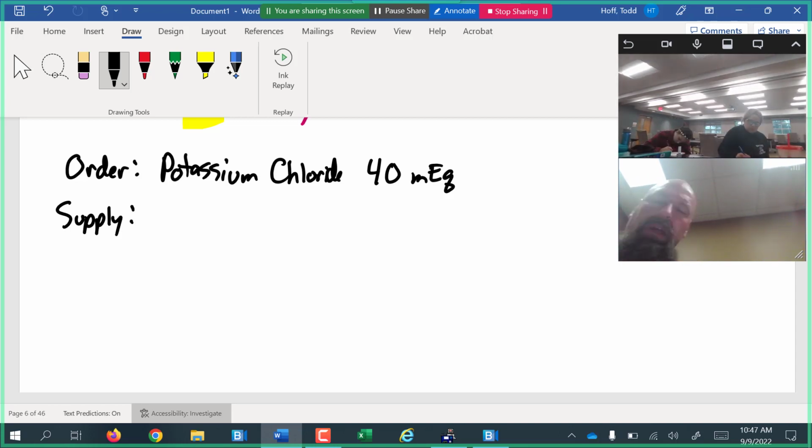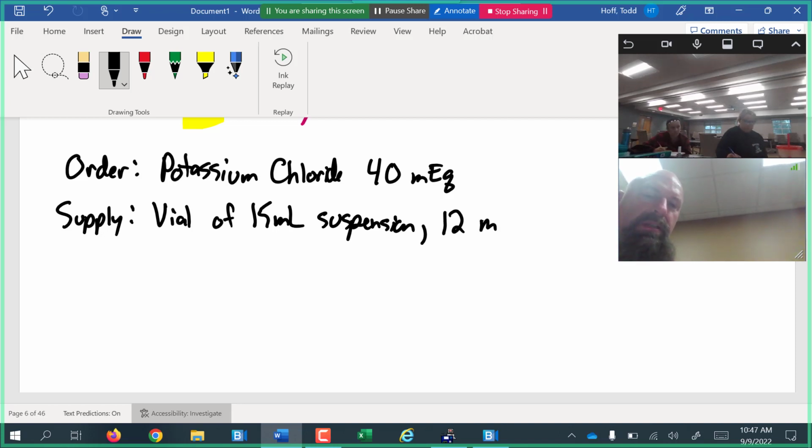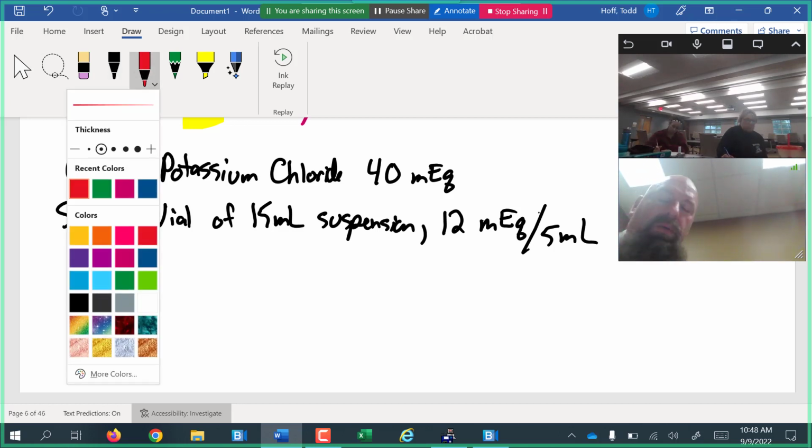Our supply, we have a vial that is 15 milliliters of a suspension, and it is constituted at 12 milliequivalents per 5 milliliters. So again, we don't know what a milliequivalent is. It doesn't matter. We start with the doctor's orders of 40